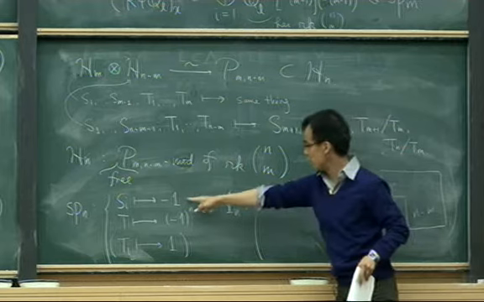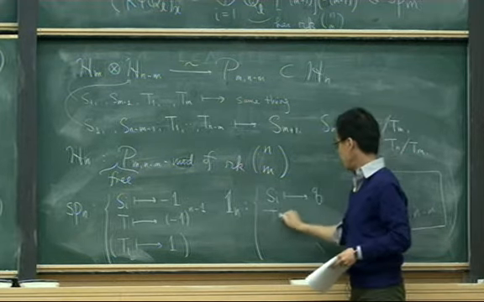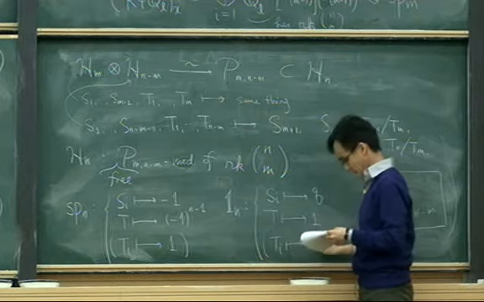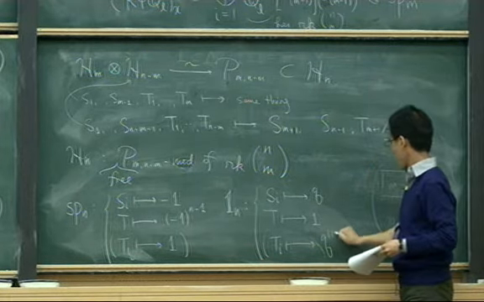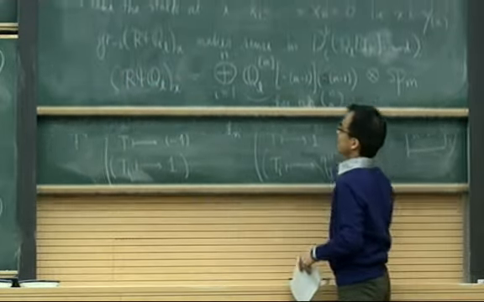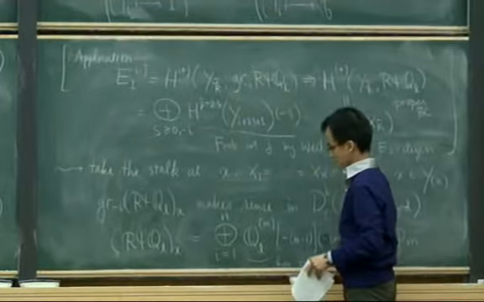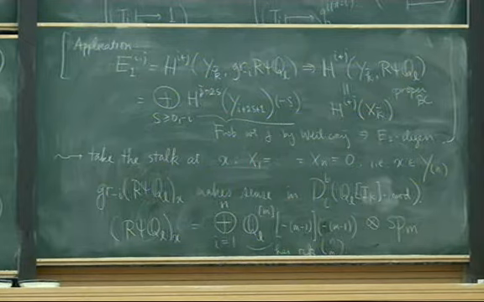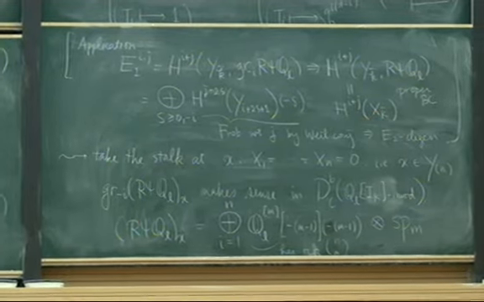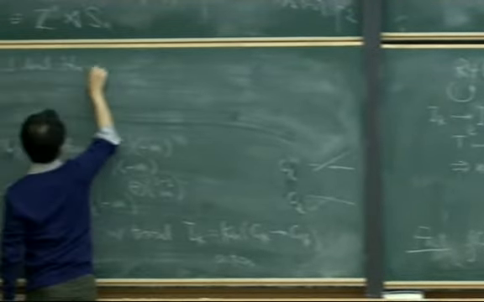Si will go to either -1 or q, and T1. So these are one-dimensional Hn modules